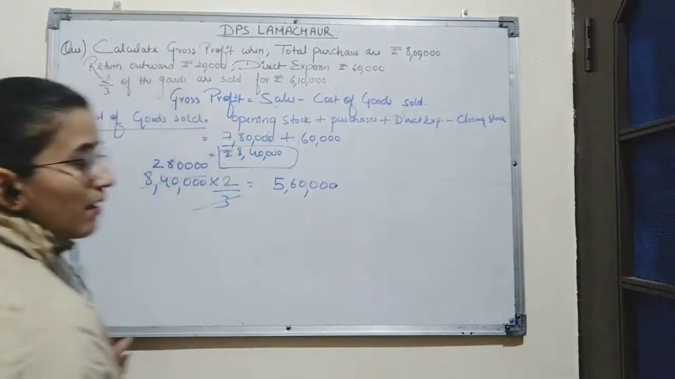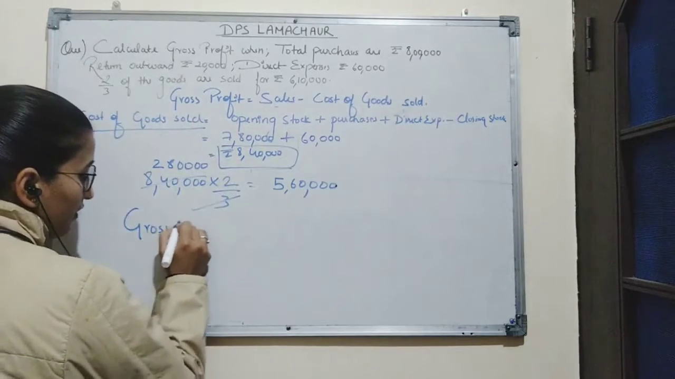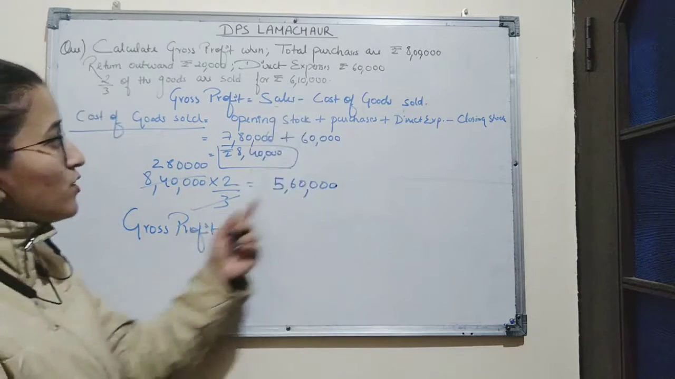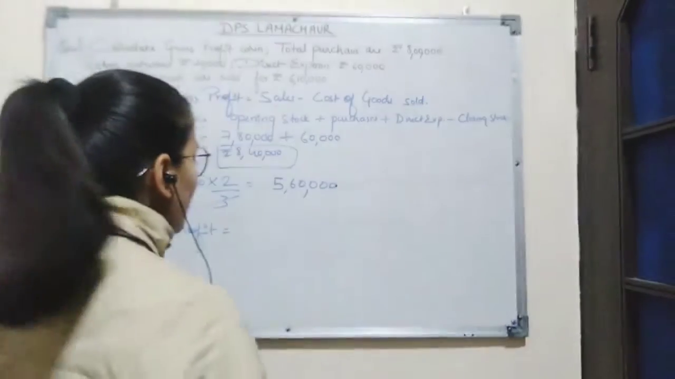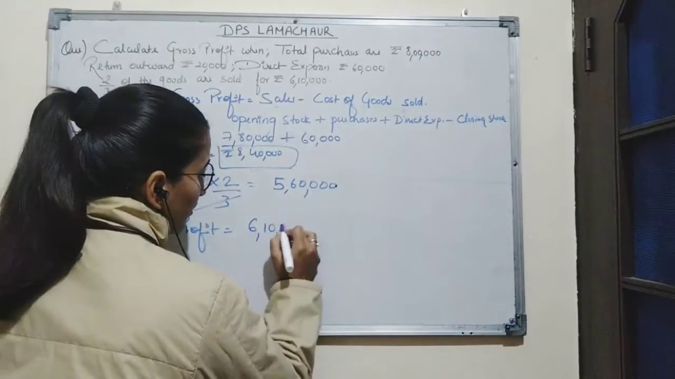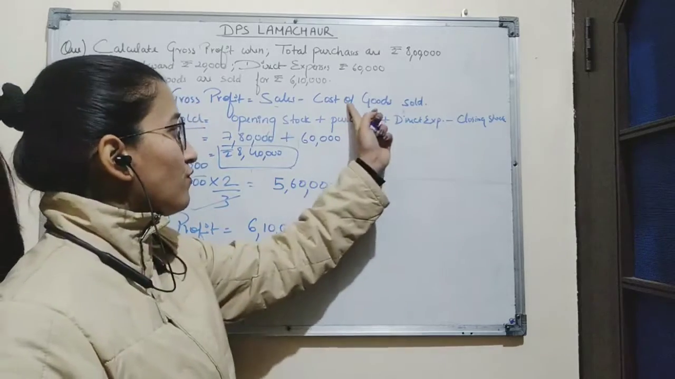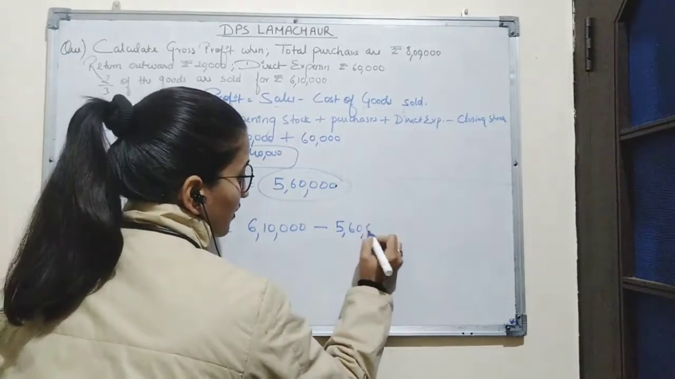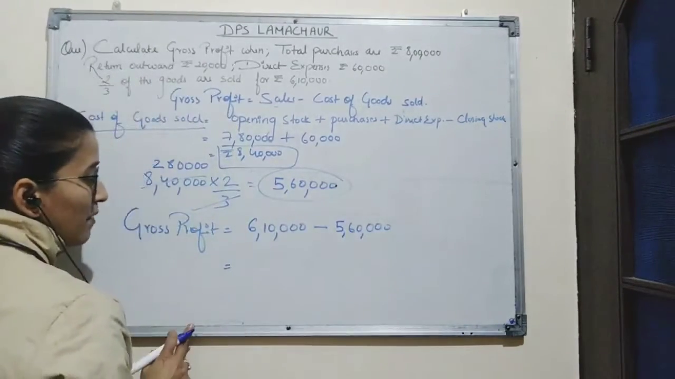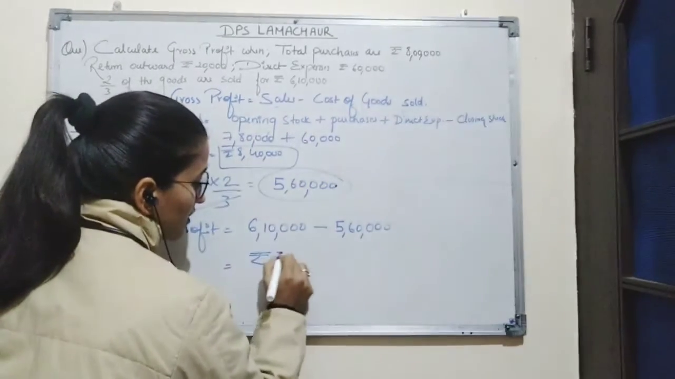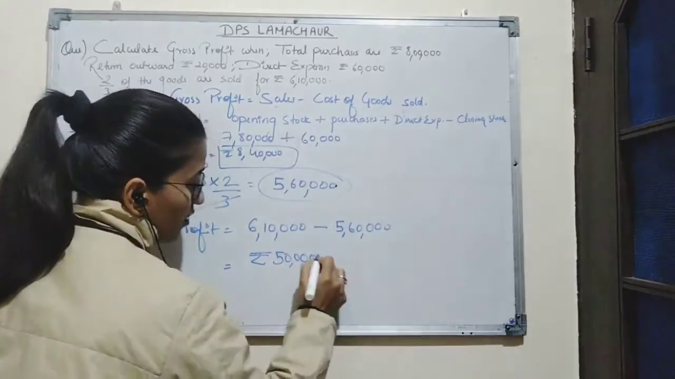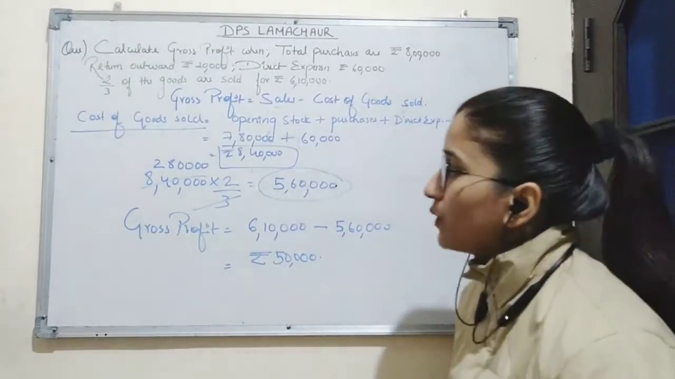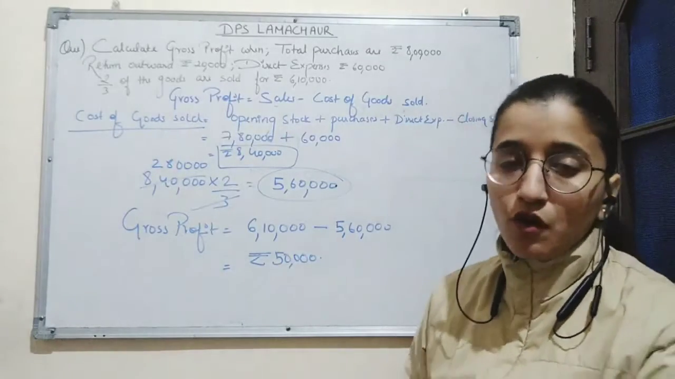Now we can calculate the amount of gross profit. Gross profit is equal to sales minus cost of goods sold. So here amount of sale is rupees 6,10,000 minus cost of goods sold is rupees 5,60,000. So here the amount of gross profit will be rupees 50,000. So this is how we will solve the question based on calculating the amount of cost of goods sold